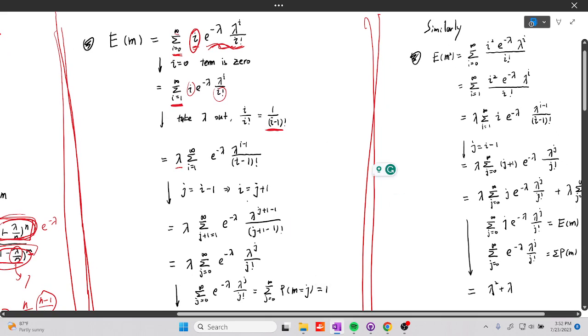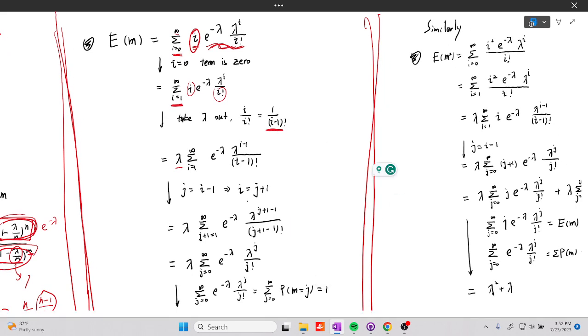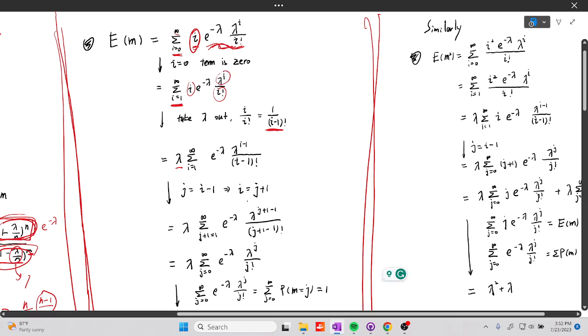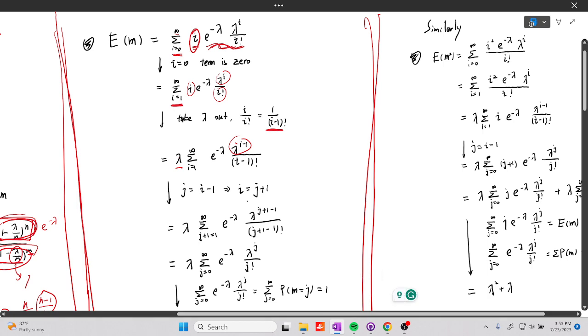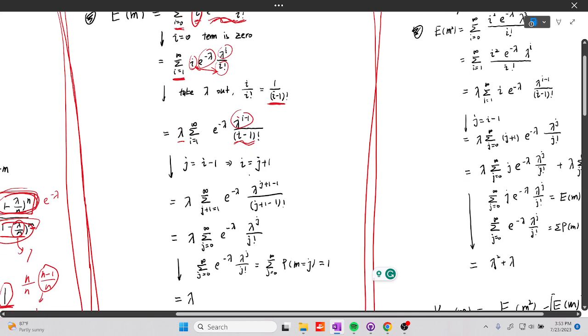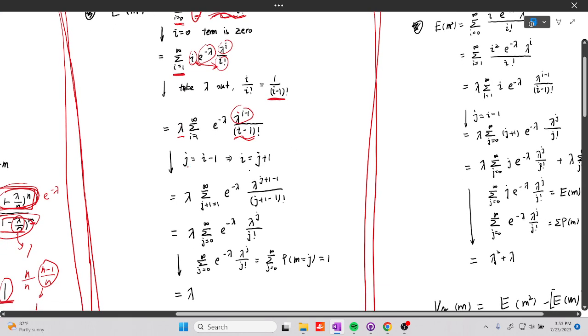So we have lambda multiplied by lambda to the i minus 1, and this becomes i minus 1 factorial. The exponential stays the same. If we set j equals i minus 1, pretty much I substitute i with j plus 1